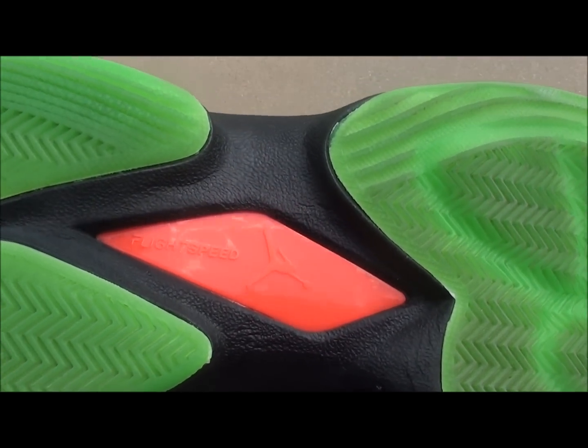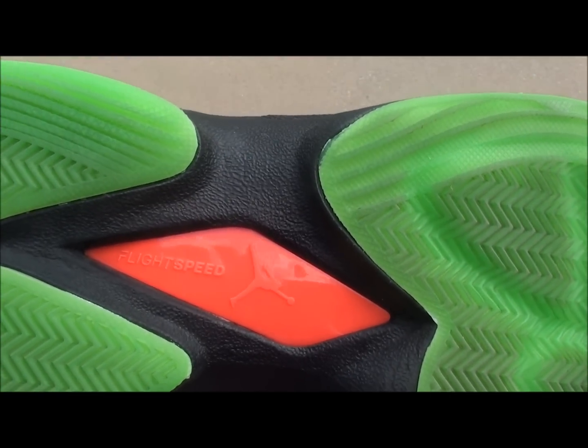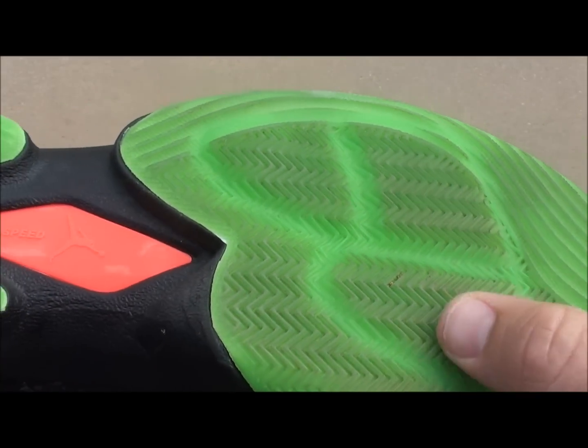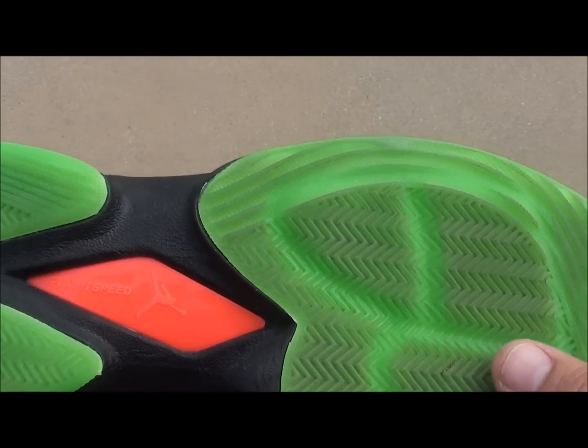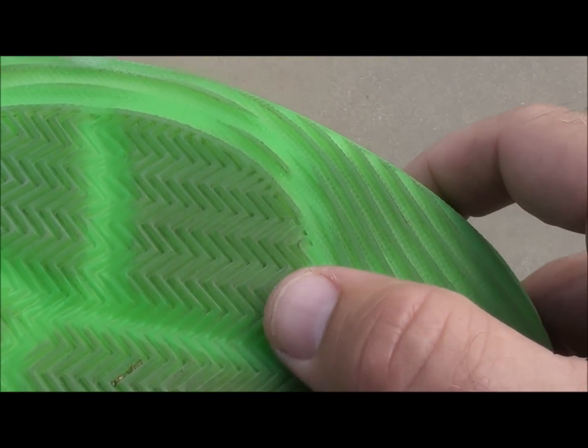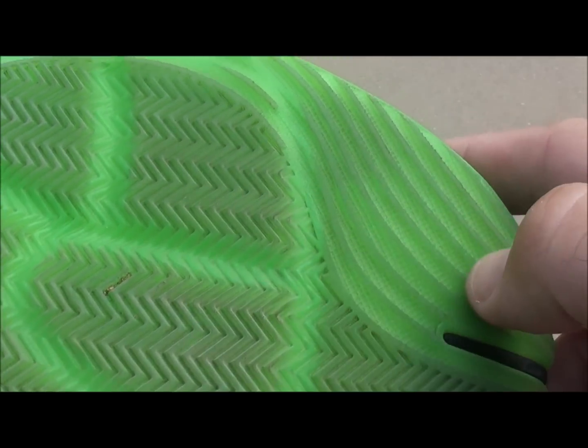As you can see, I don't think it's going to last very long outdoors. Looks like it's going to peel off, kind of like the Crazy Light Boost did if you played with it much out here. But as long as you're on clean courts, a wipe or two and you're good to go. The grooves appear to be set really, really close, but one thing that helps is